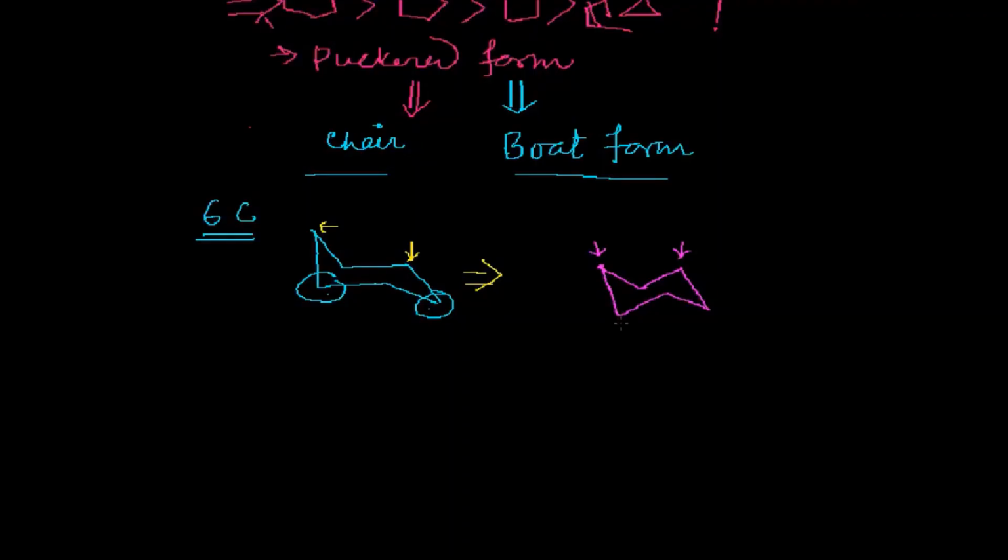On the same line, like this. So this is the two representation of this chair form. Now when we look at this chair form and we draw the hydrogen atoms on this, it acquires approximately